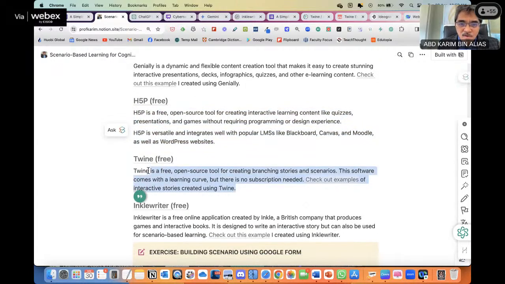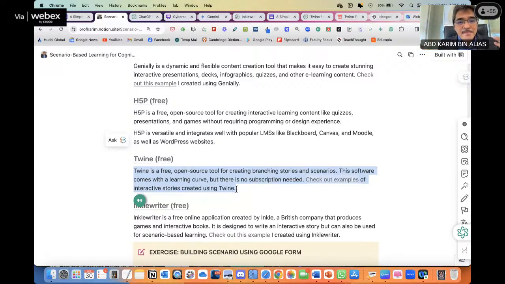Twine. I'm not going to show you Twine. Twine is actually very powerful to create scenario-based learning. It's free, but it's not as easy because it uses a different kind of interface, not really very intuitive.